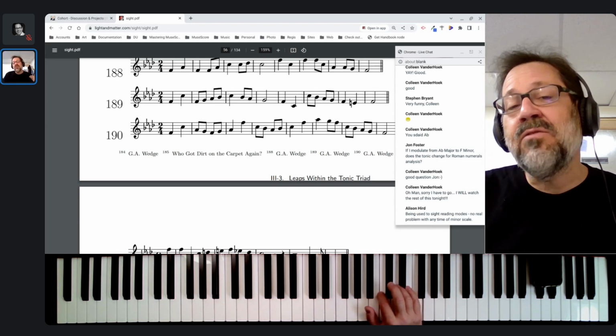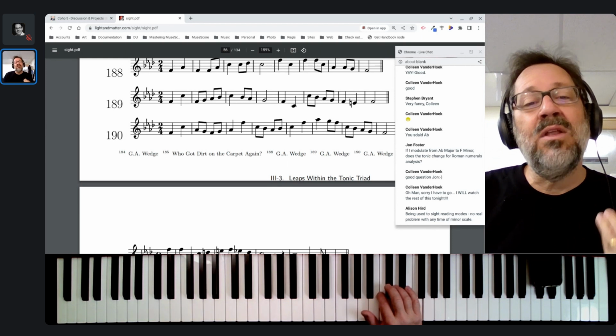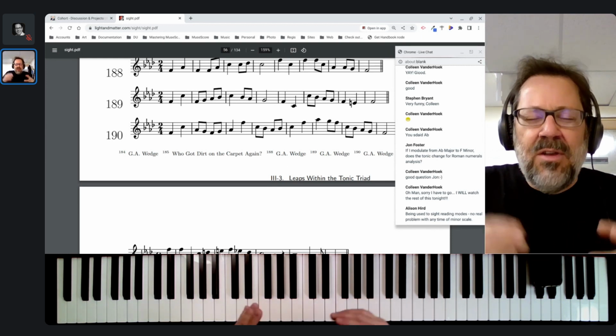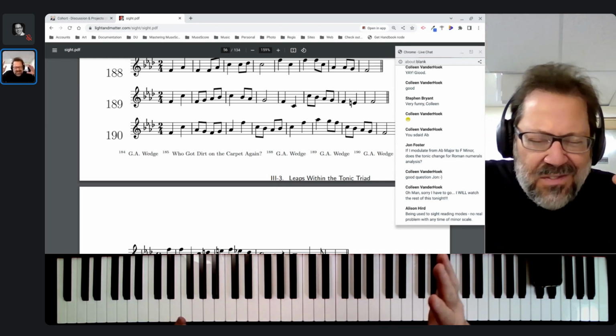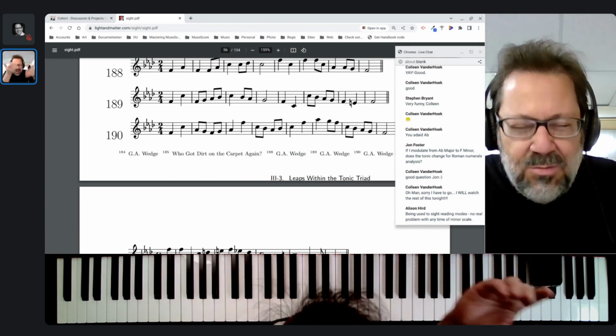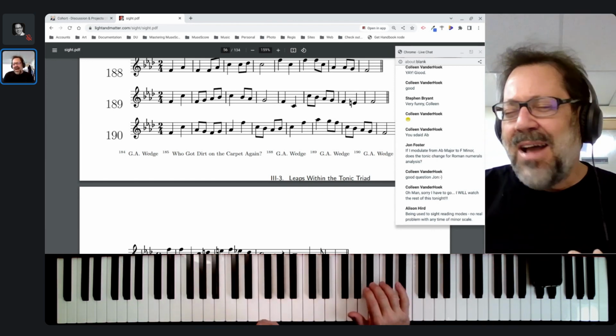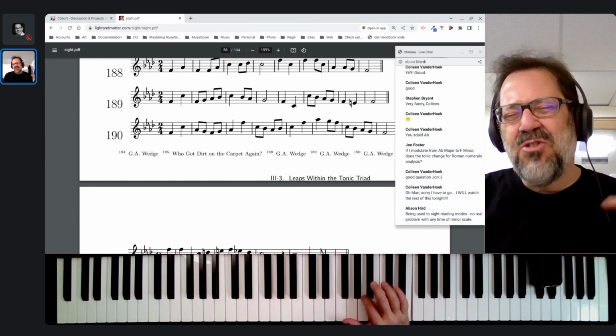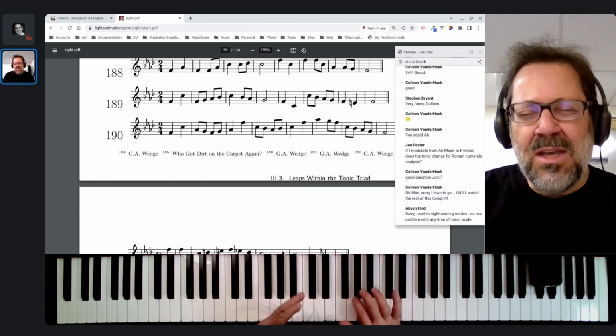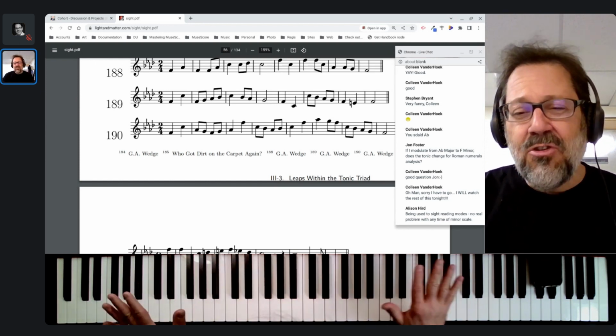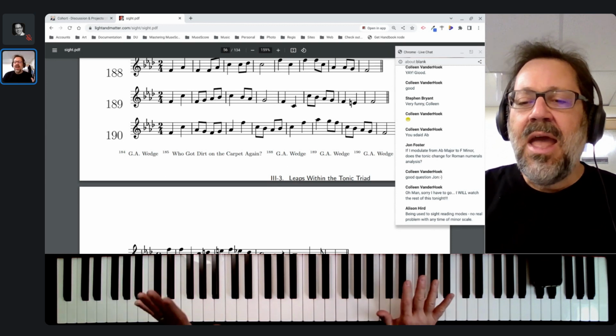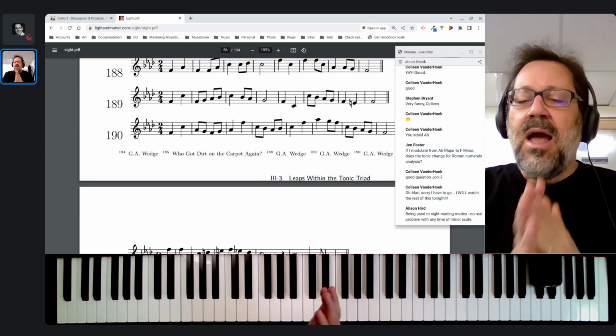I don't think verbally when I'm doing this stuff. I really don't. Am I picturing the notes on the staff in my head? You see me close my eyes a lot when I do this. No, I'm not really picturing staff notes. Am I picturing a piano keyboard? Maybe. I think I'm picturing something more abstract, and being abstract here.